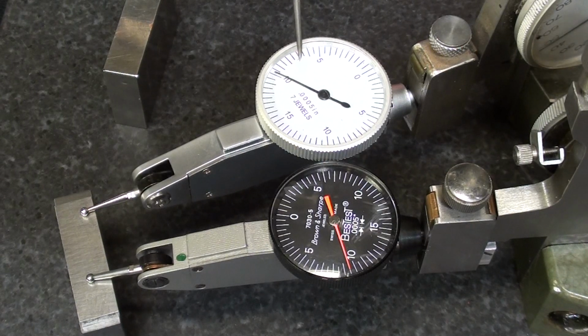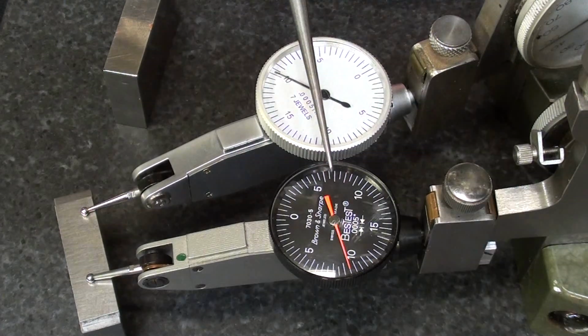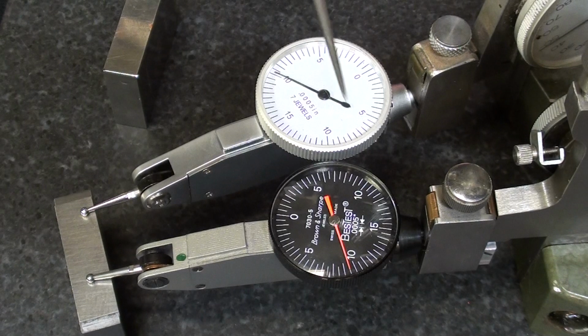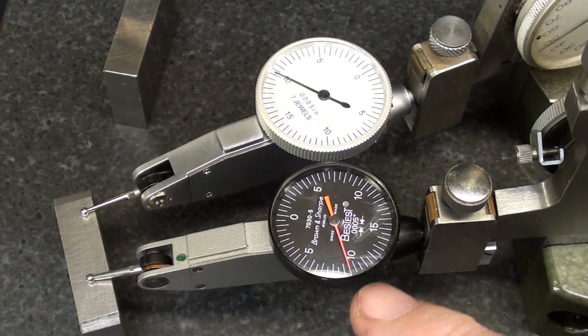So, the Banggood is about 1/4 of a thousandth off, and the Brown and Sharp is 1/2 thousandth off. So how can that be? The Banggood is pretty much what we would expect according to the tolerance, but that isn't acceptable on the Brown and Sharp. So I'm going to condemn that, at least for the moment, and put another indicator over here,